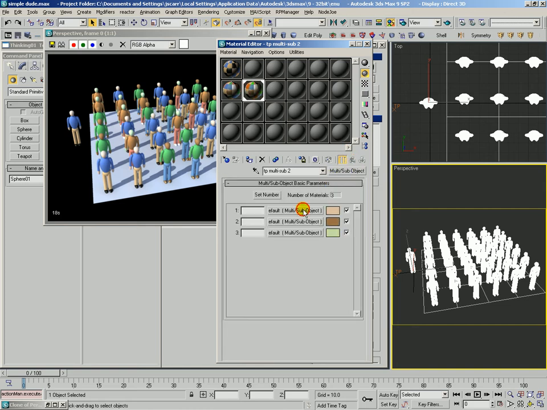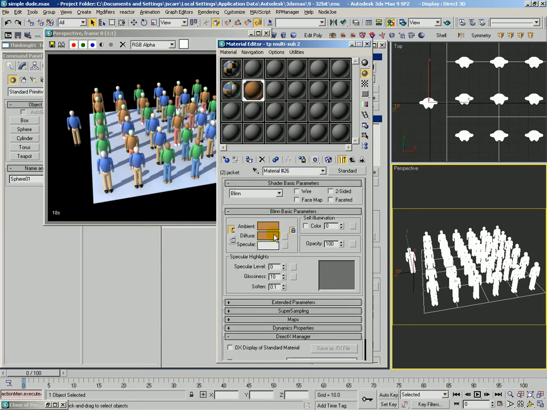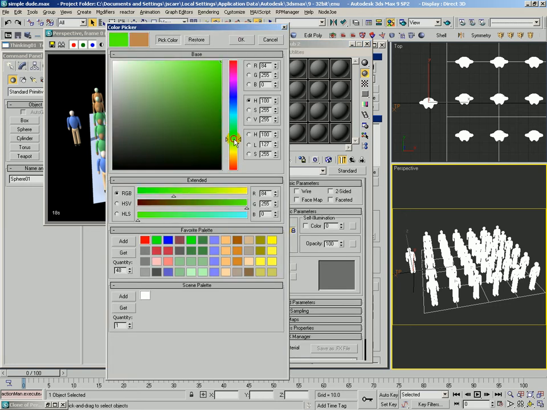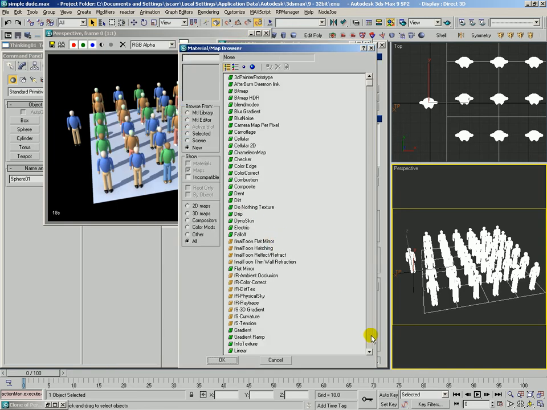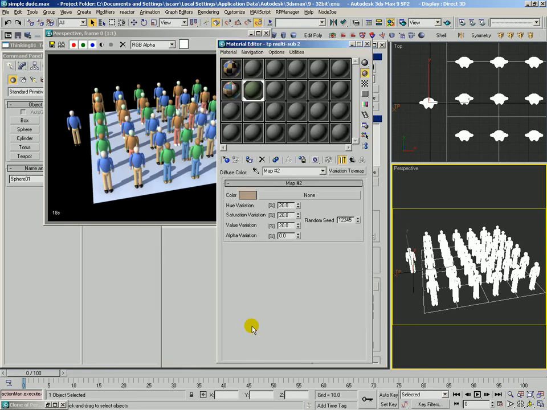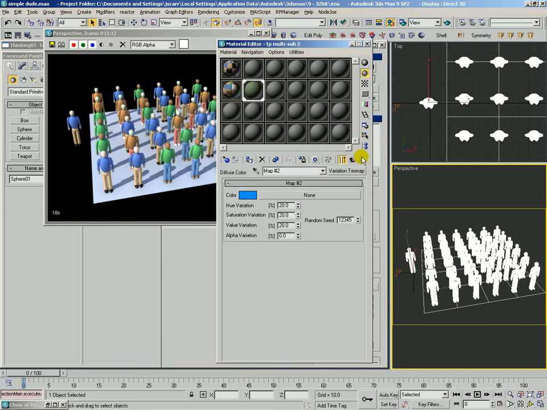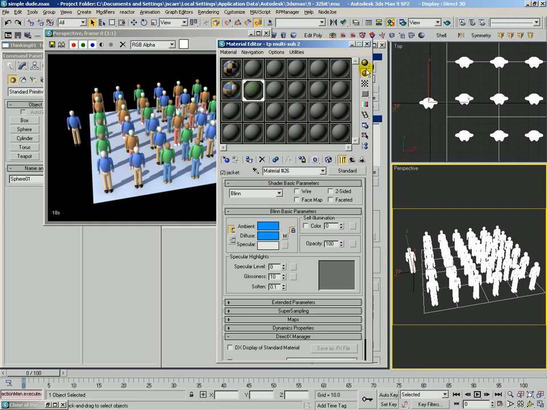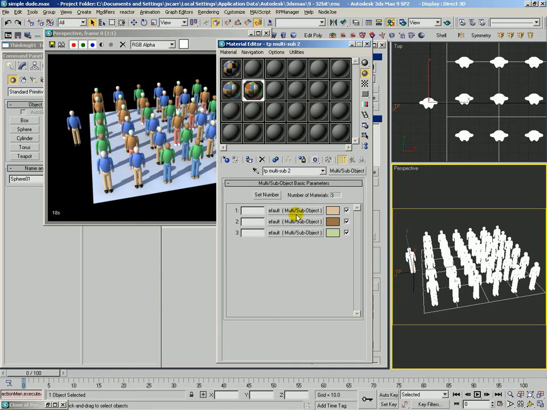And then last but not least, the third suit set. Let's take his jacket. At first we'll just make his solid color match what we're going to use. And then we're going to assign the TPVarTexmap to him as well and make that blue the same. Okay, and so now what we have is 3 sets of materials, and they're all using a TPVarTexmap for the